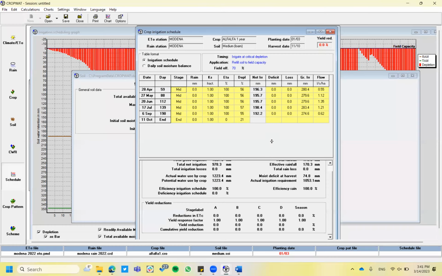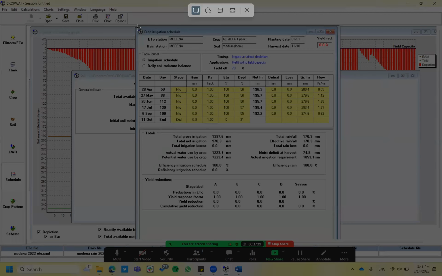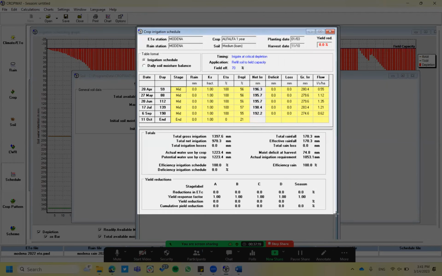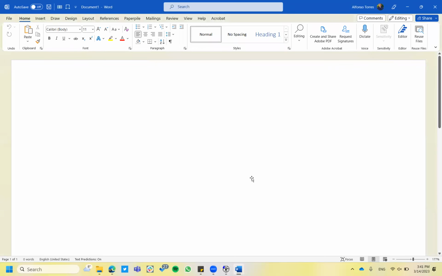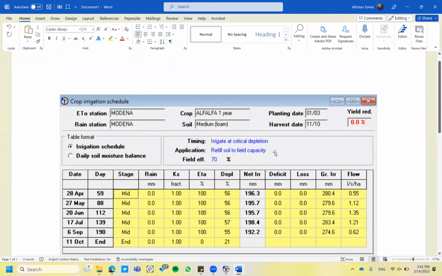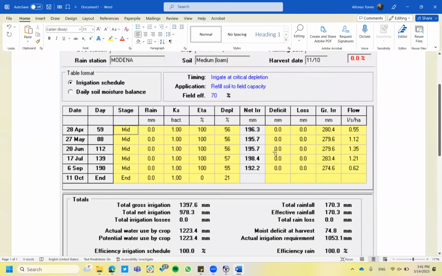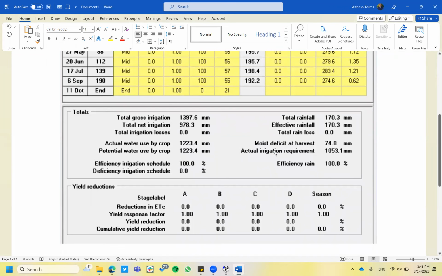Let me expand this. Okay, I have our first scenario captured in a screenshot. Here, what I want to compare with you are these values: total gross irrigation, total net irrigation, actual water used by crop,